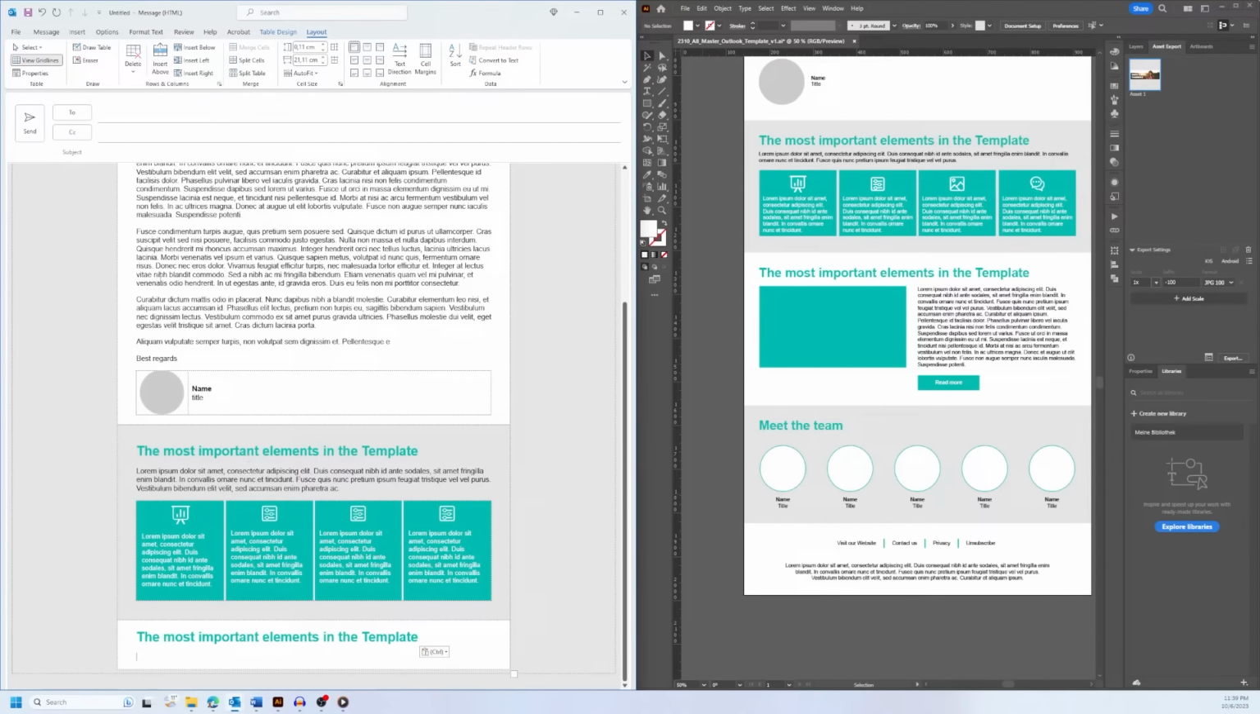We need to add, as usual, a new table. So a new table with 2 columns. One column is going to be for the image, and the other one is going to be for the text. So I'm just going to copy the element,